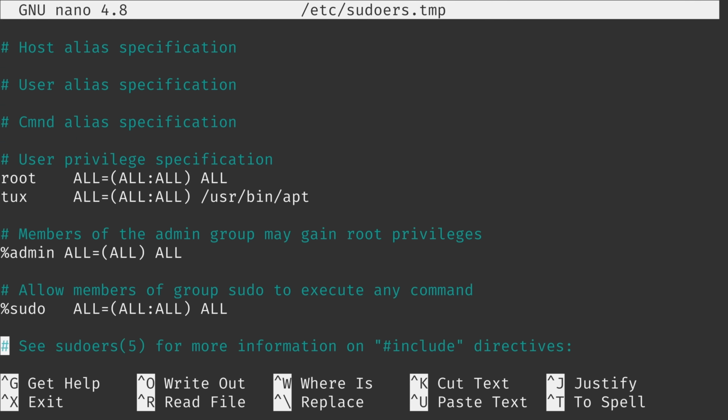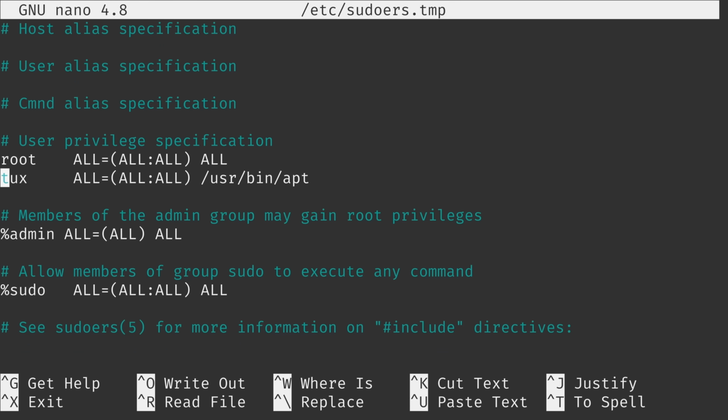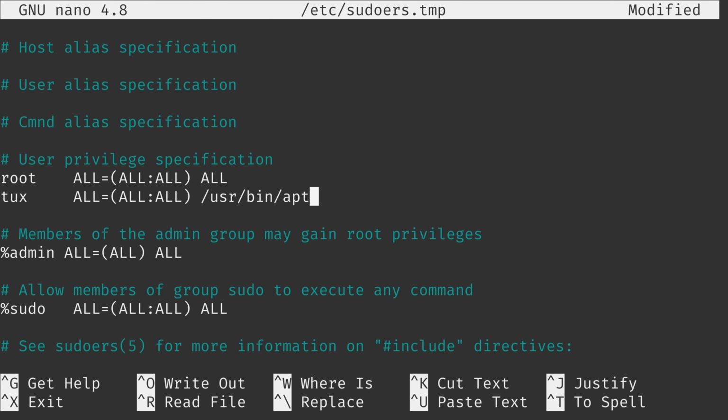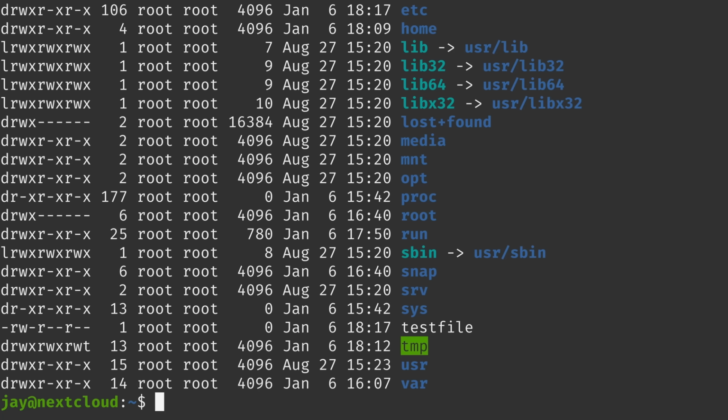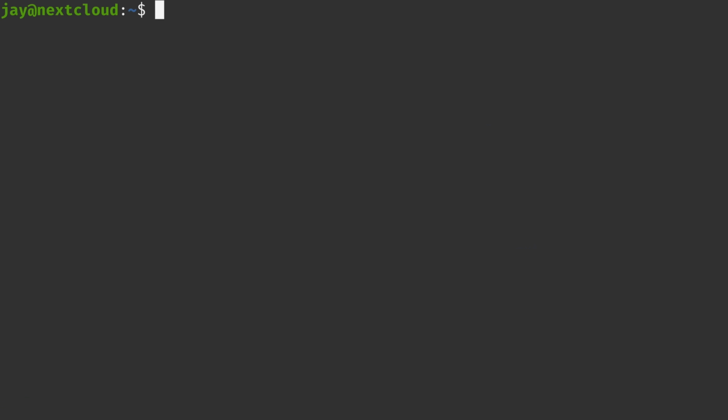Let's go back down here to our configuration line. And what I'm going to do is add another command right here. This time I'll add the rm command. Let's save the file and exit out. And next I'll create a test file. Just want to have something to try to remove. So I created a file named testfile at the root of the file system. And we can see the file right there. It's owned by root. So let's try switching to the Tux user and seeing if we can remove that file. So we'll type rm and then testfile,